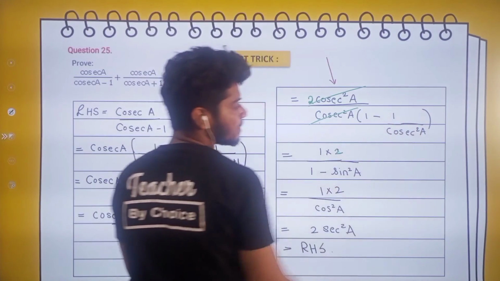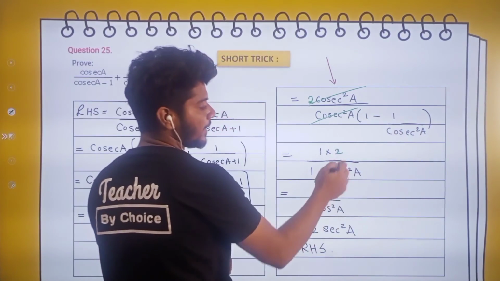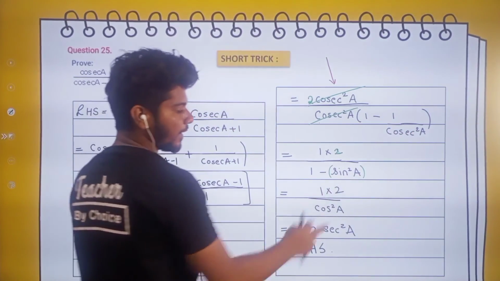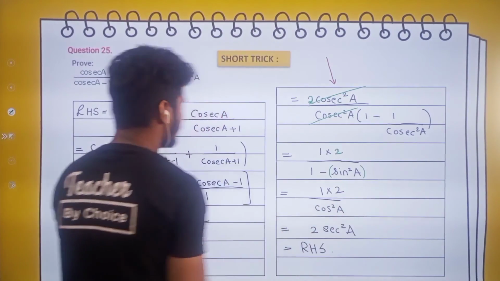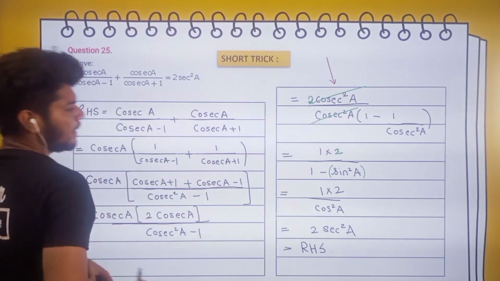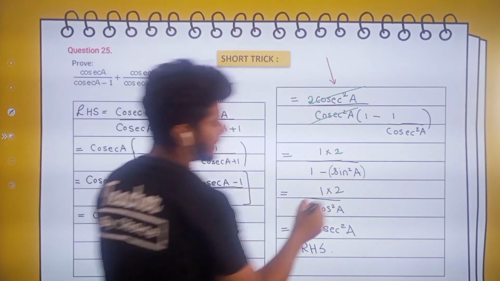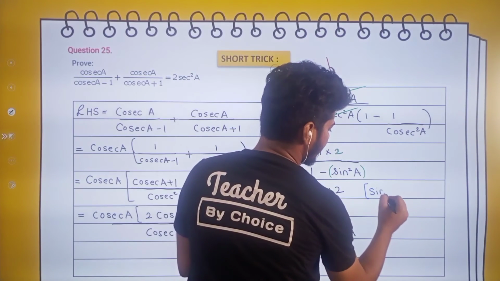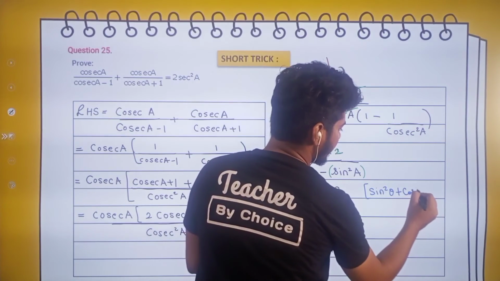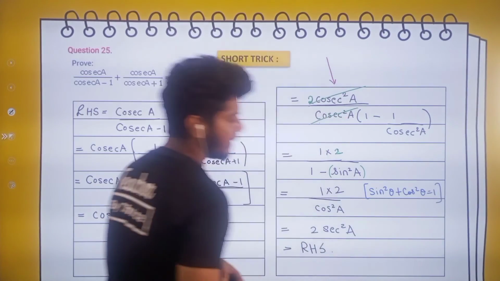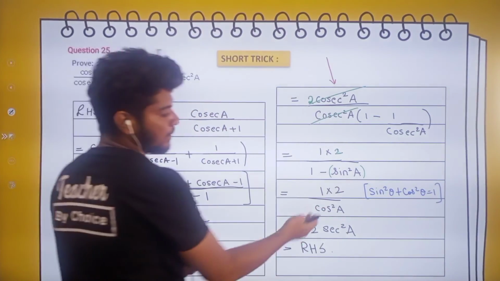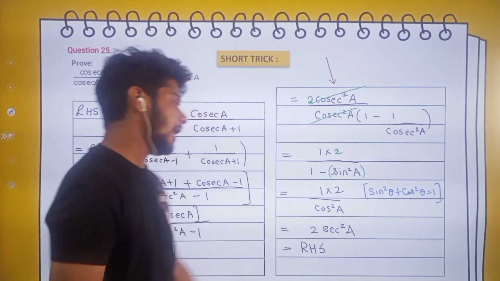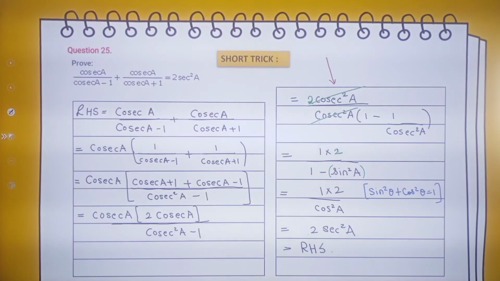Okay, what is 1 minus 1 by cosec square a? 1 by cosec square a को change किया मैंने sin में. See, I have changed this 1 by cosec square a as 1 minus sin square a. Okay, I know the identity: sin square theta plus cos square theta is 1. Here I have used, in this step, sin square theta plus cos square theta is equal to 1. The regular identity. 1 minus sin square है तो cos square होता है, right? So 2 upon cos square a, 2 into sec square a. 1 by cos square a is sec square. I hope you understood the sum. Take the screenshot. Okay, pause the video.